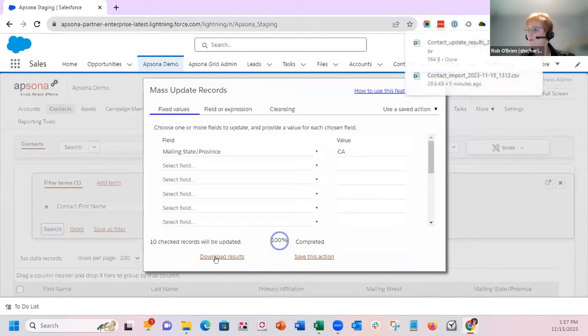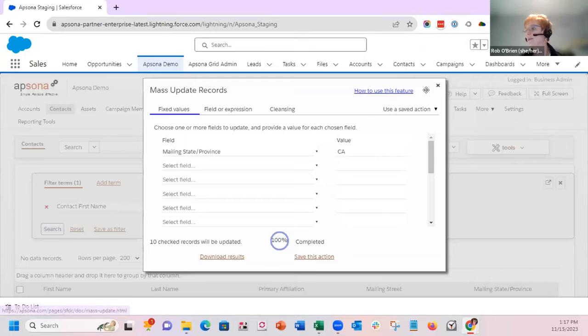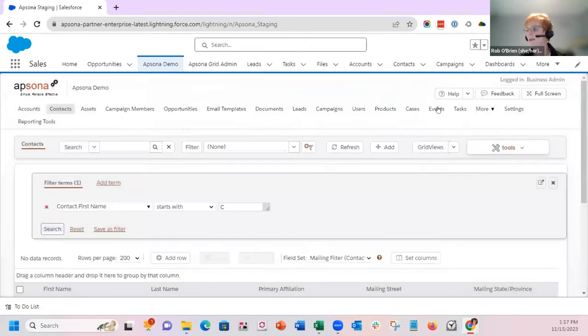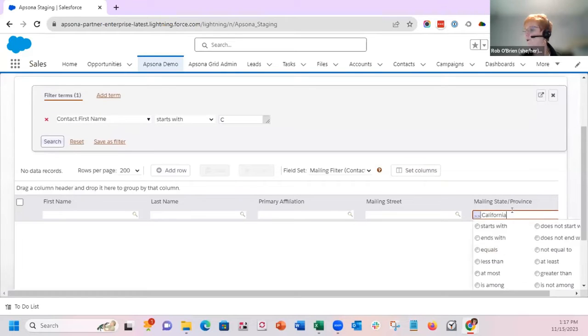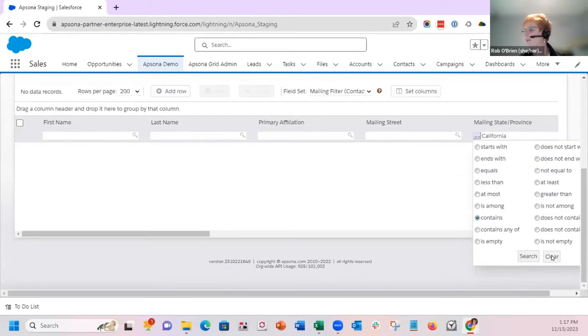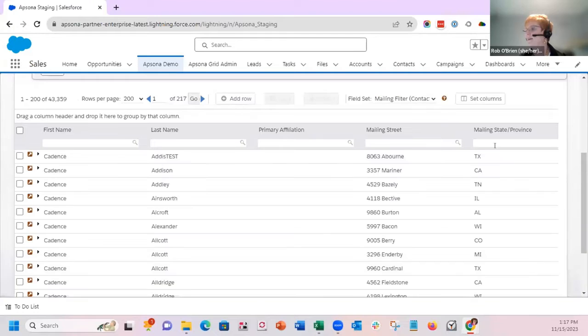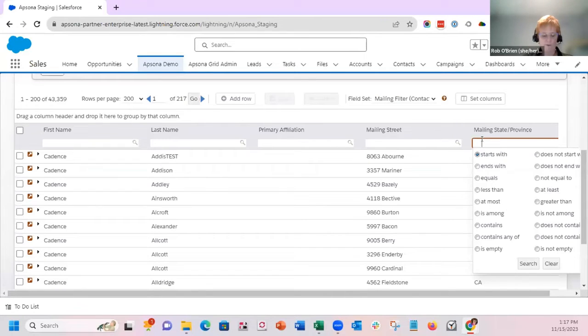Again, I will download my results. If this is something that I do on a regular basis, I could save this action. If it's something that happens on a regular basis, I could take care of it that way. If I come back here, I can see that this is now cleared because there are no more Californias. So if I come back here and clear this out, and now if I tried to look for California again,